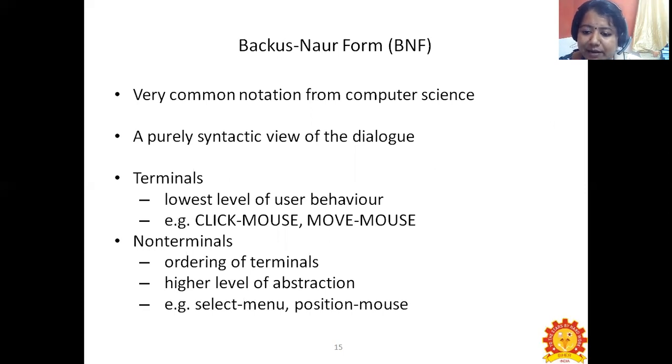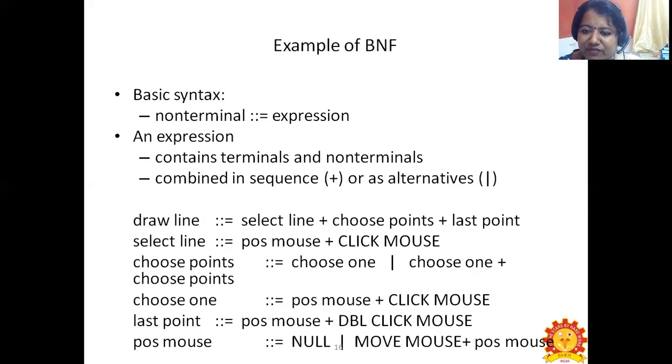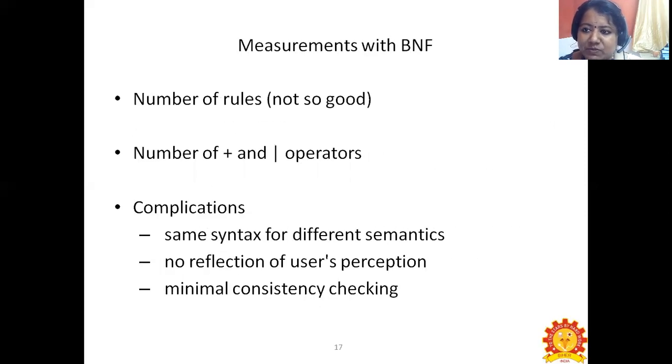Non-terminals denote select menu and option mouse. Examples of BNF we have seen. Next, the measurements with BNF are the number of rules, number of plus, and pipeline operators. Under BNF, we have many complications. Here we are using the same syntax for different semantics, no reflection of users' perceptions, and minimal consistency checking.